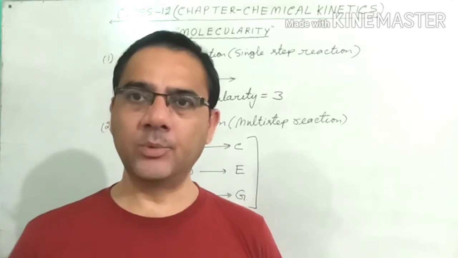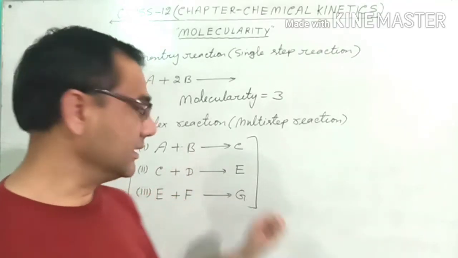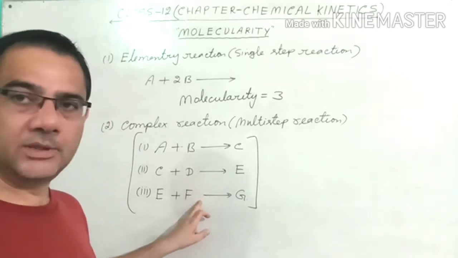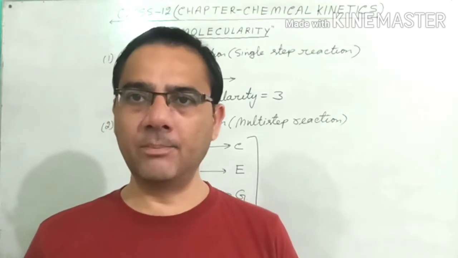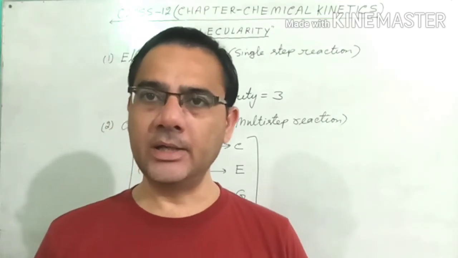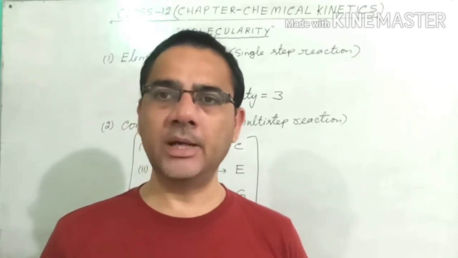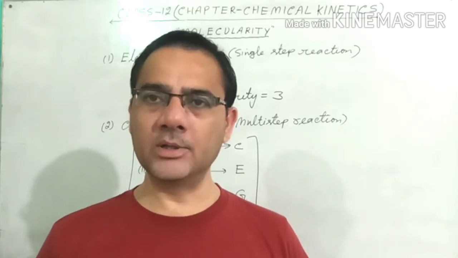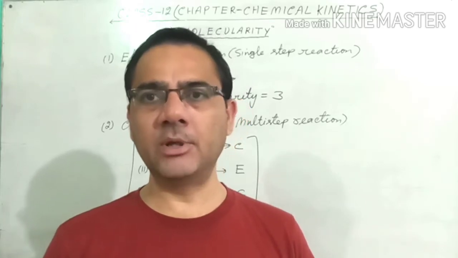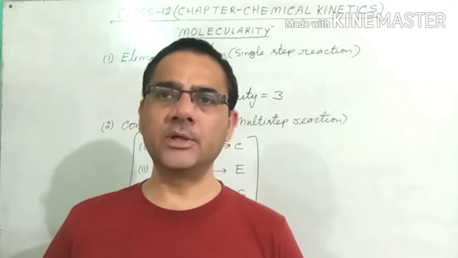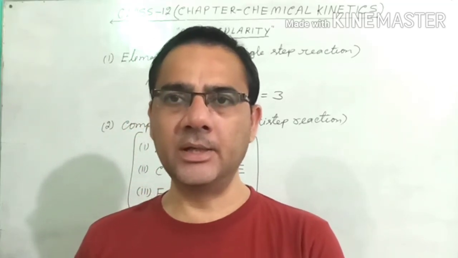But one more important point: the steps of the multi-step reaction may have a molecularity. This is the first step, this is the second step, this is the third step. The various steps of the complex reaction may have a molecularity, but the complex reaction as a whole does not have any molecularity. So remember, this is a very important point. Again I am telling you, all the reacting species are not reacting at the same time. And the definition of molecularity says it is the sum of the stoichiometric coefficients of all those reacting species which react at the same time simultaneously in a chemical reaction.